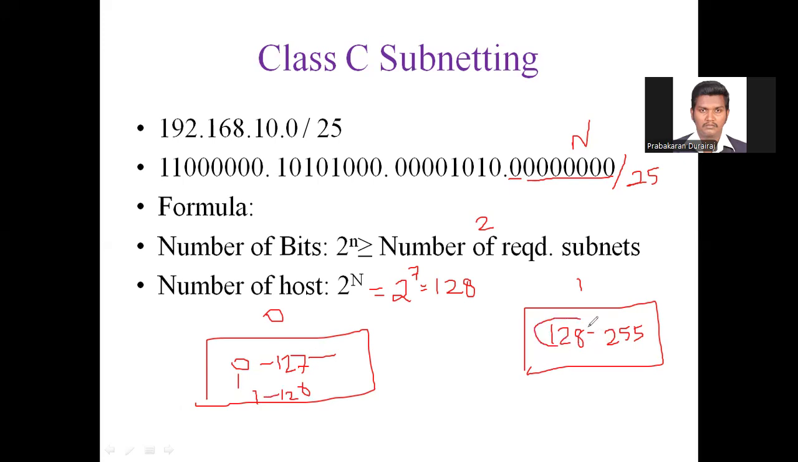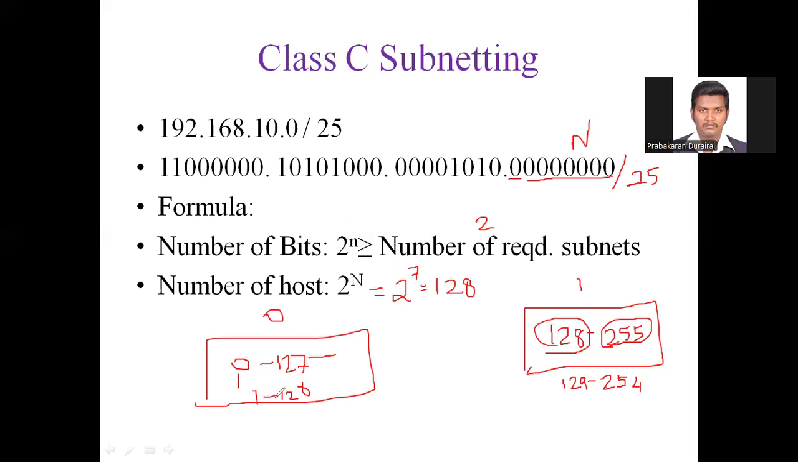128 will be the network address and 255 will be the broadcasting address. அப்ப host என்ன நம்பர் தரலாம்? The host numbering பாருங்க, we can give starting from 129 to 254 வரைக்கும் தான் நம்ம host IP address கொடுக்க முடியும். So for our understanding, I can use this one, that is